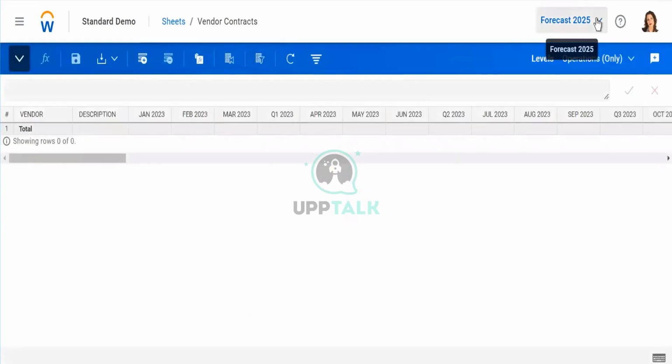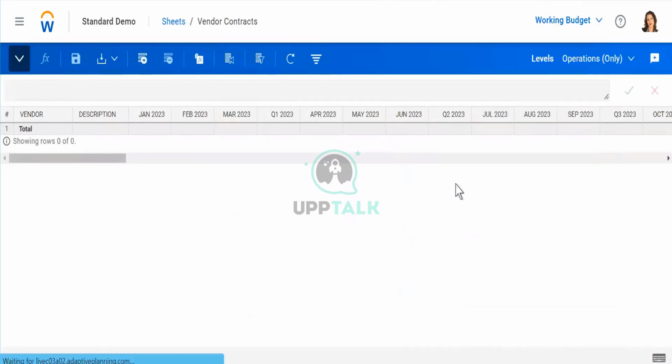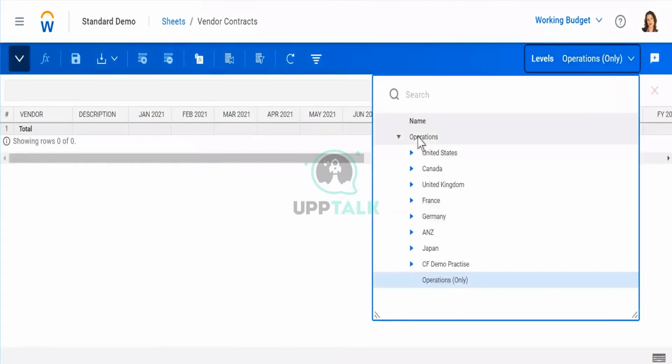I think it's loading. I will change the version for you also. Just give me a moment. I will write it as working budget. Once again, I need to change the level to top.